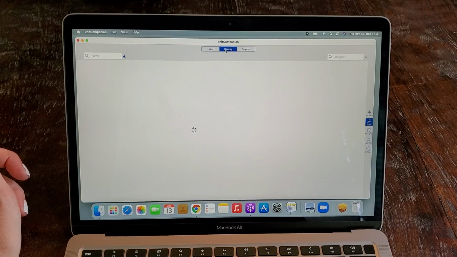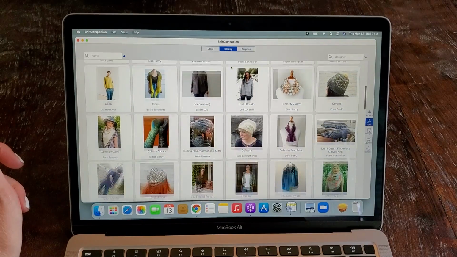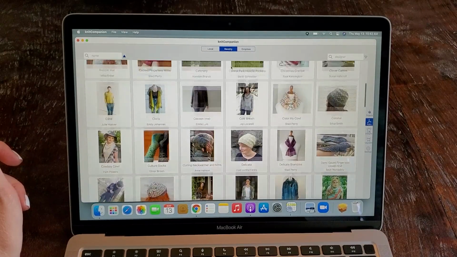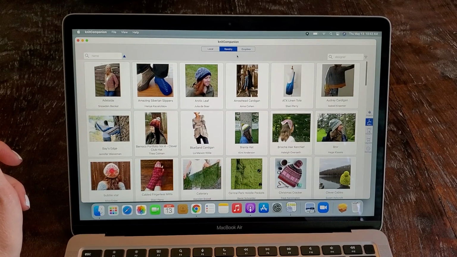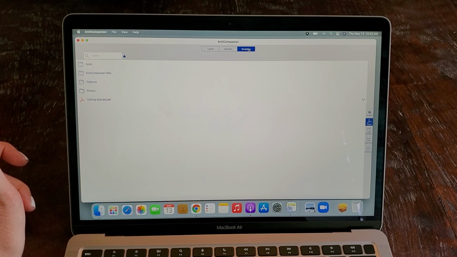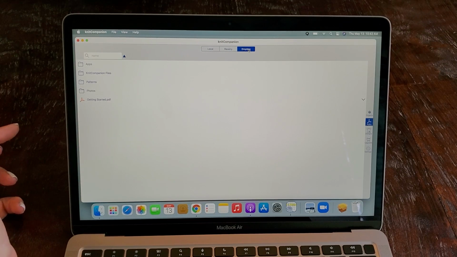If I click that, knitCompanion will prompt you to log into your Ravelry account, and then your entire Ravelry library is available to you right here. That is the very easiest way to get a pattern into knitCompanion. And then Dropbox is also an option. If you have a Dropbox account, knitCompanion will prompt you to log in. And then if you have a PDF pattern somewhere, you can just drop it into Dropbox and then access it